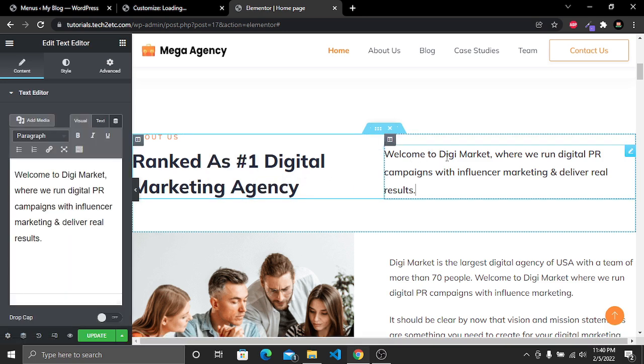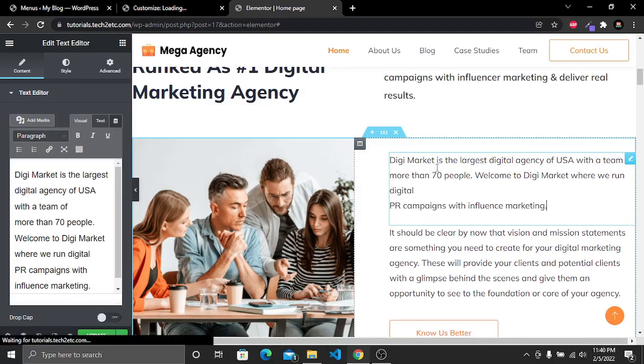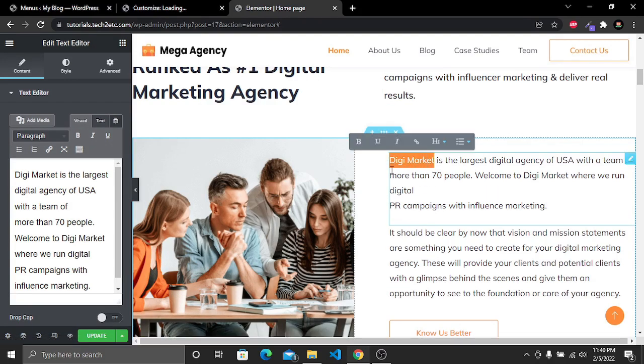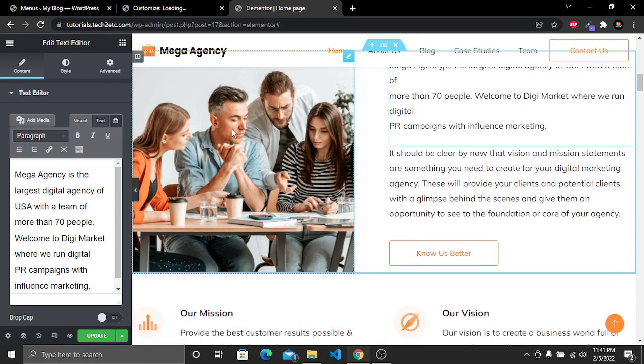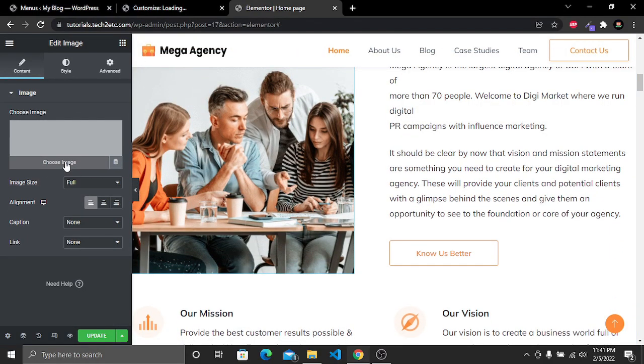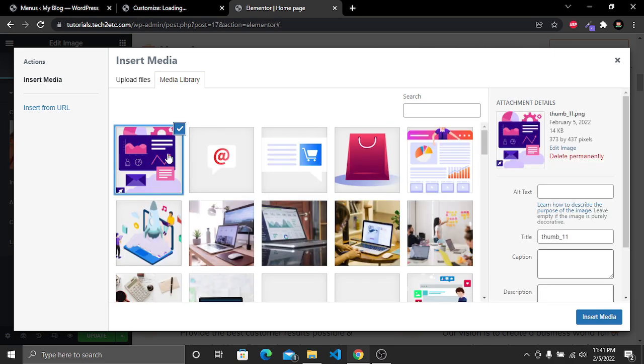And in this text, I will change the brand name and it will be Mega Agency. That's it. And I will simply change the text from here also. Select this one and then paste it here. That's it. And if you want to change this image, just simply click on that image and then choose an image from here. And suppose I want to choose this image and insert media,